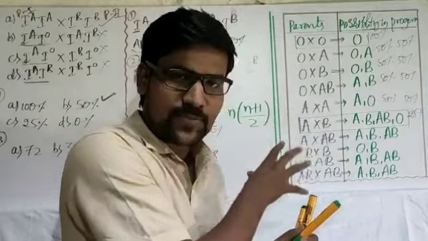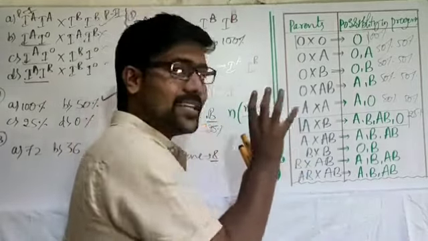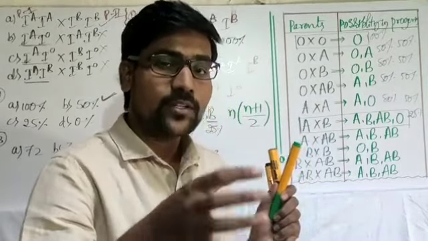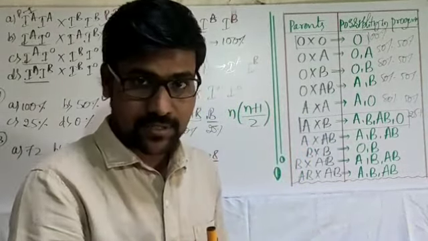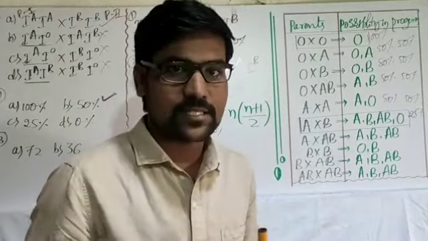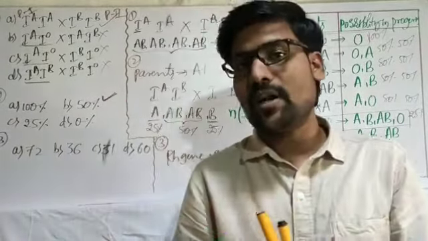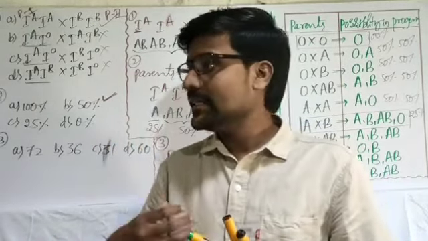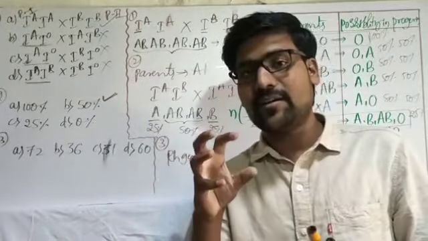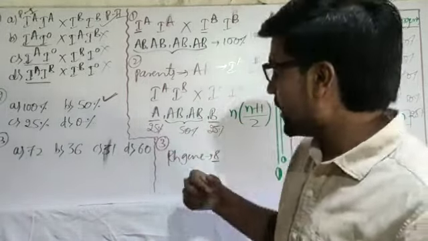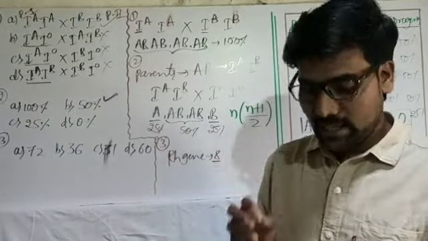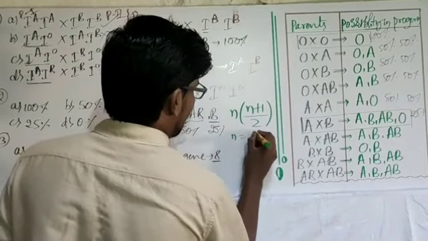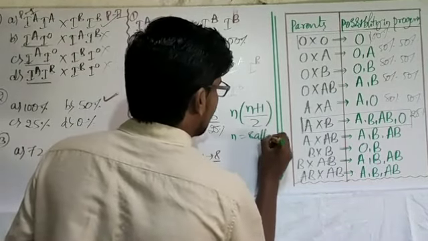This is the equation to find out the possible number of genotypes if we are given the number of alleles. In the question, if they give the number of alleles, or if they give the gene name and you know the alleles, then by using this formula we can predict possible genotypes. Already I mentioned the Rh gene has 8 alleles, so let me put it in the formula. n is equal to 8 alleles.